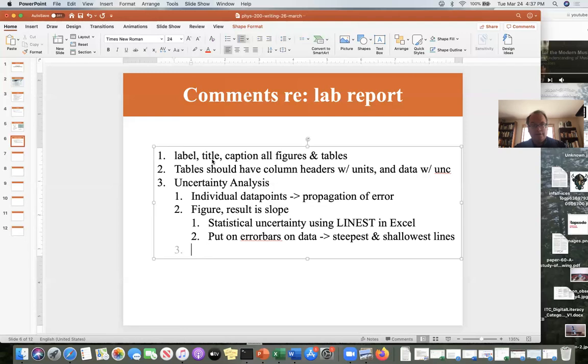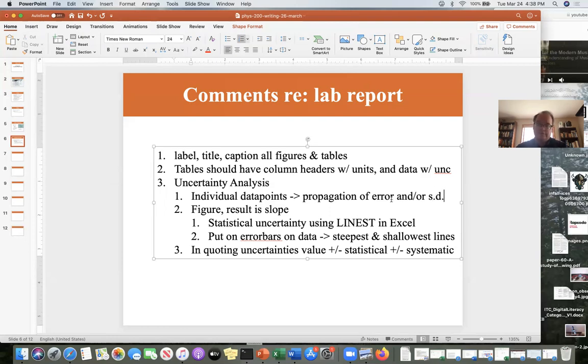Finally, remember that in quoting uncertainties, oftentimes what people do is they give a value plus or minus the statistical uncertainty plus or minus the estimated systematic uncertainty. So you might, depending upon how your results go, put those on. One thing I forgot, by the way, when you're doing individual data points, you have to do propagation of error. You can also do